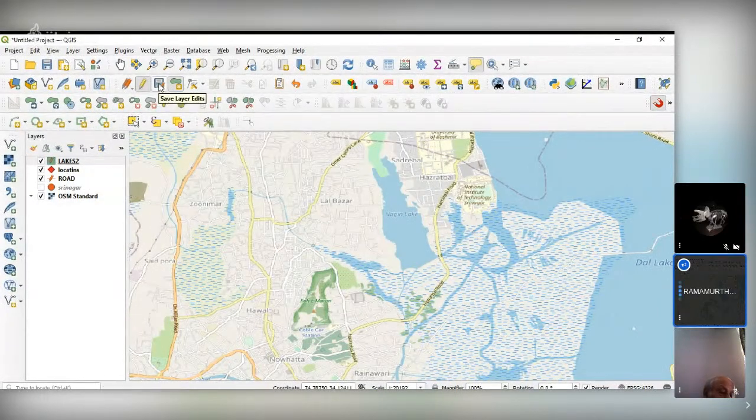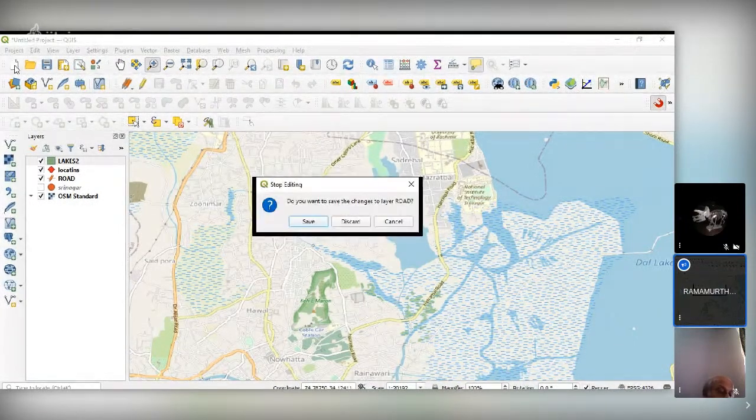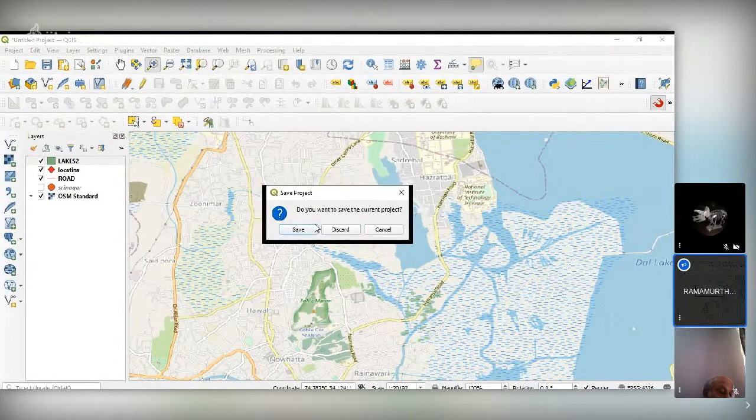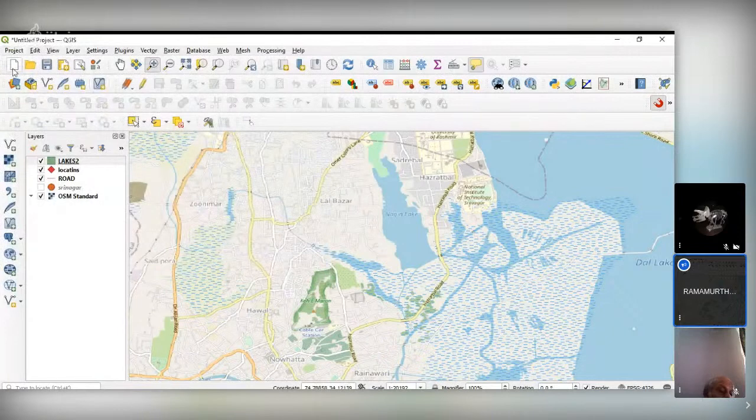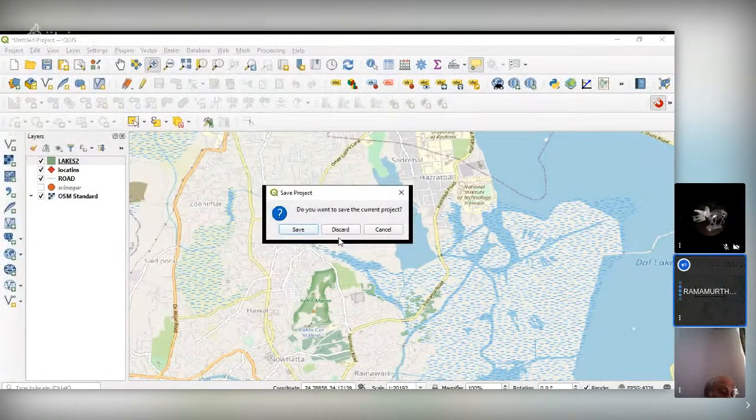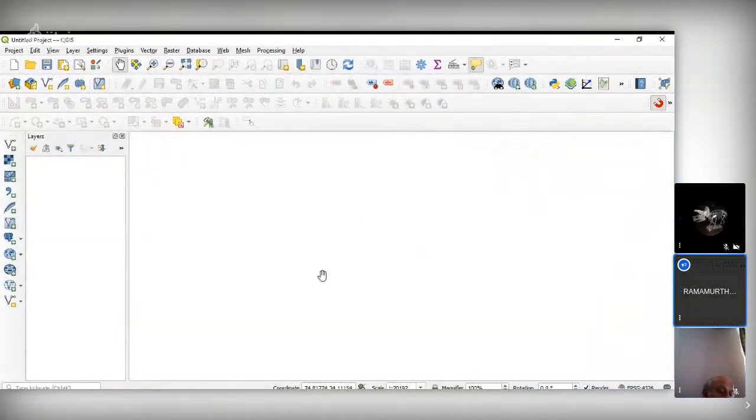So I'll save it and again reload the things. Save it and stop editing. I'll start a new session and add features, all the 3 features which we had discussed just now.